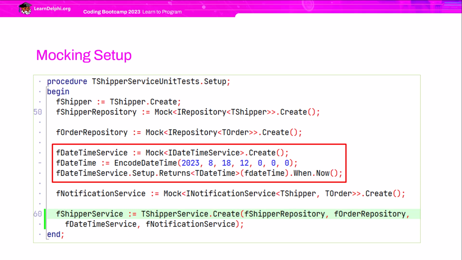In summary, instead of executing the code implemented in the concrete class, for the purpose of unit testing, we use a substitute instance where we can control its behavior during testing. This ensures consistent behavior across all executions, regardless of the environment, whether it's on a developer's computer or a build server. The shipper repository also needs configuration, but I've left that to be set up in the test methods. This is because we'll configure it differently for each method.